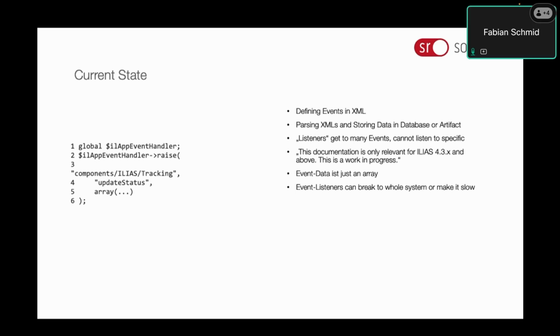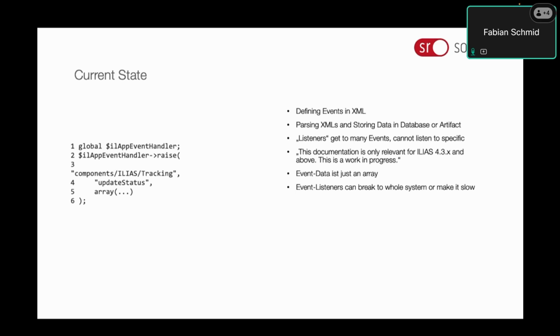And listeners on the other side, which are interested in some events, get this array with data. They have no idea what's inside this array because it's just an array. It can be anything. You have to have a lot of knowledge about the emitting component, the component which raises the event, and what exactly they pack inside, because you want this data to trigger other things on your side when you receive the event.